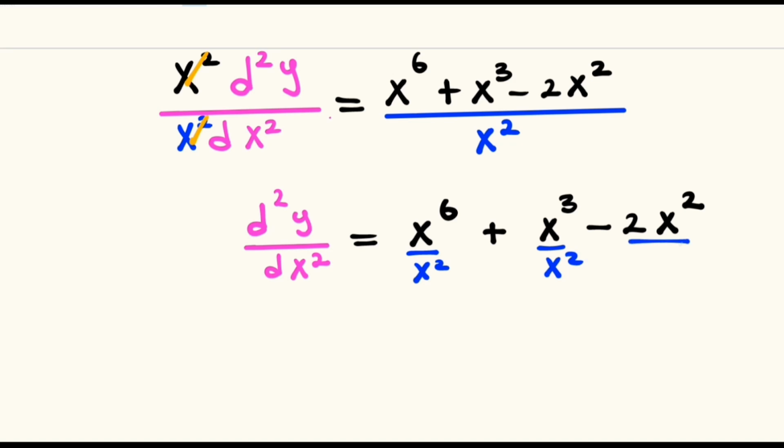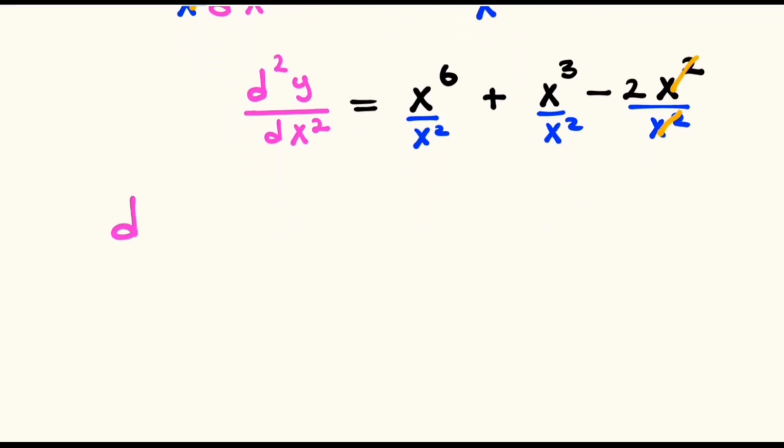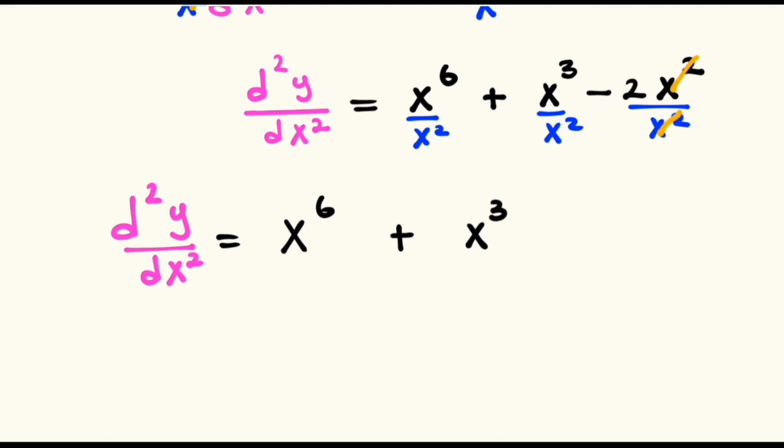So every term on the right hand side is divided by x squared, and those x squared will cancel out each other, and the second derivative of y with respect to x will be equal to x to the power 6 plus x cubed minus 2,